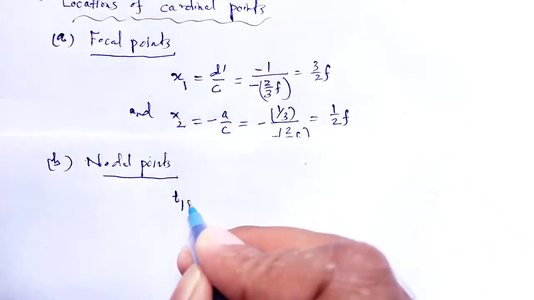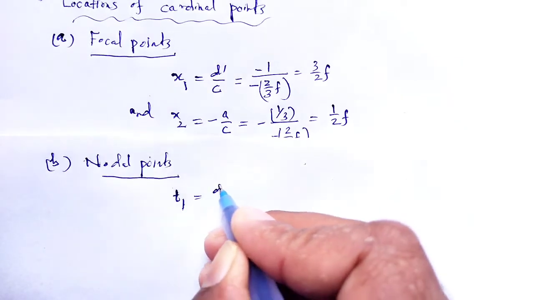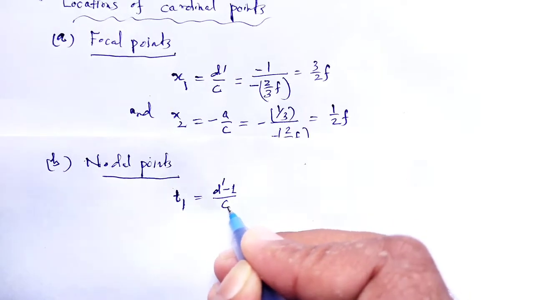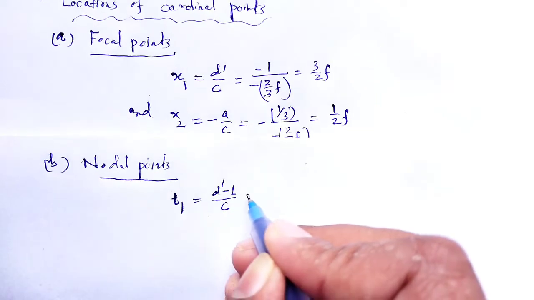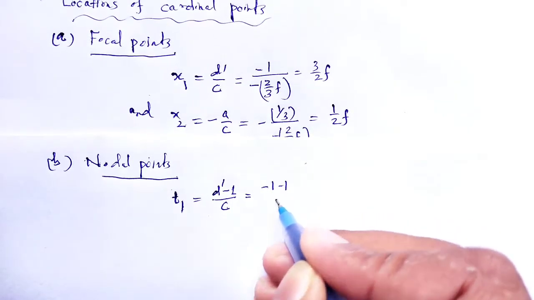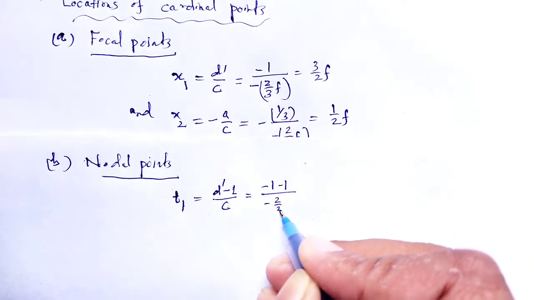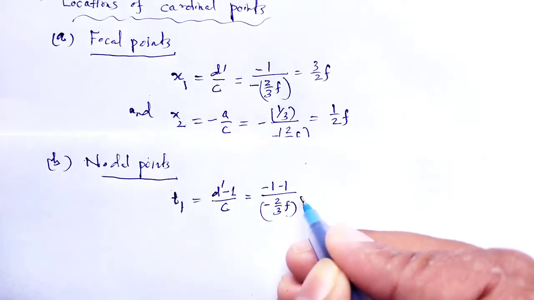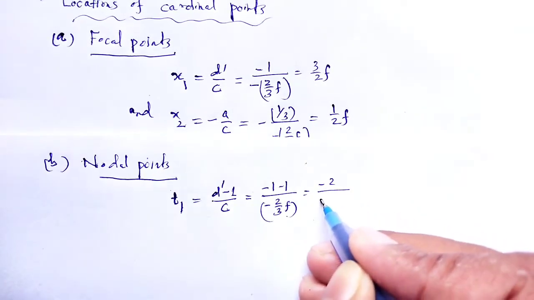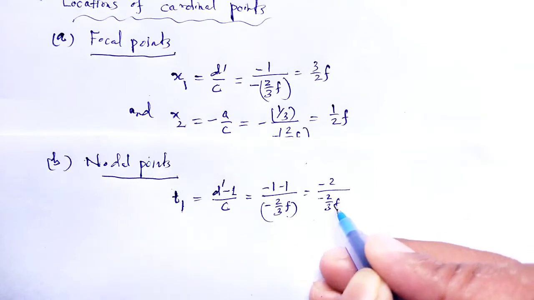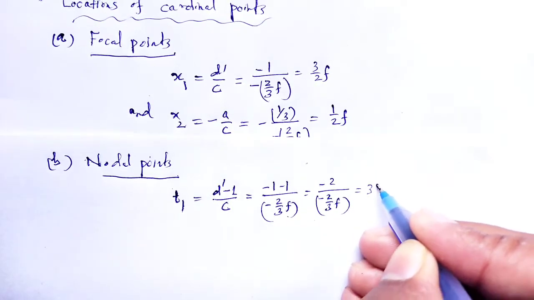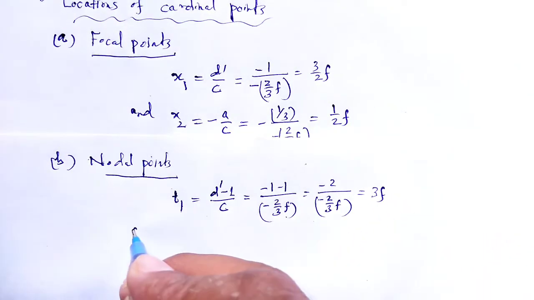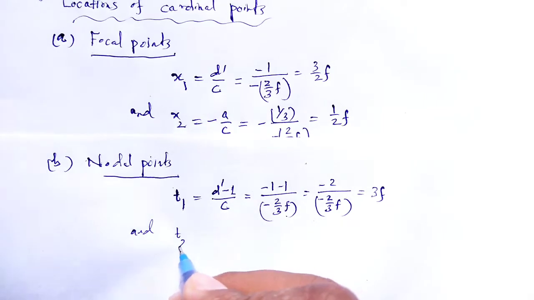So again t1, that is d dash minus 1 by c, so put that value, minus 1 divided by minus 2 by 3f, so minus 2 divided by minus 2 by 3f, or 3f, and t2,